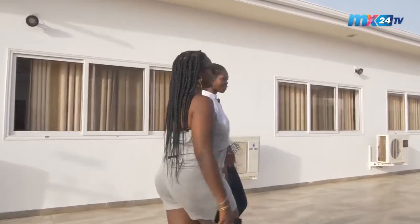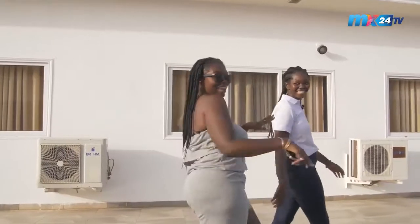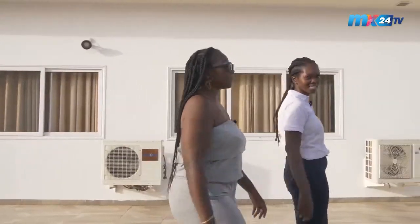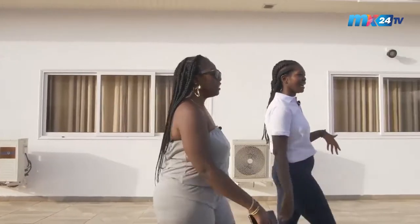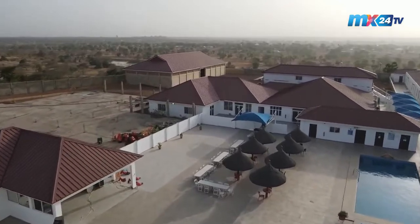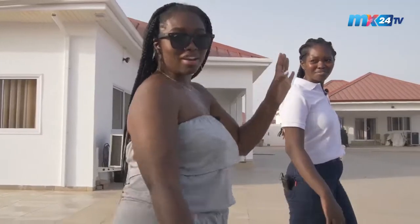Here we have our pool area. Ooh, go for a swim. You guys know how much I love swimming. We also have some conference rooms in this area. This place is really big. Honestly, guys, I don't know why I didn't expect it, but I guess if we're in the Dubai of Ghana...